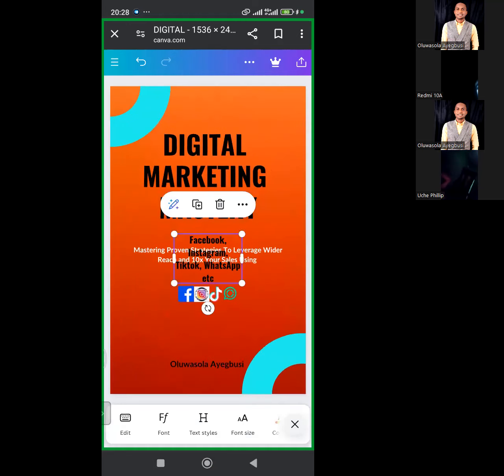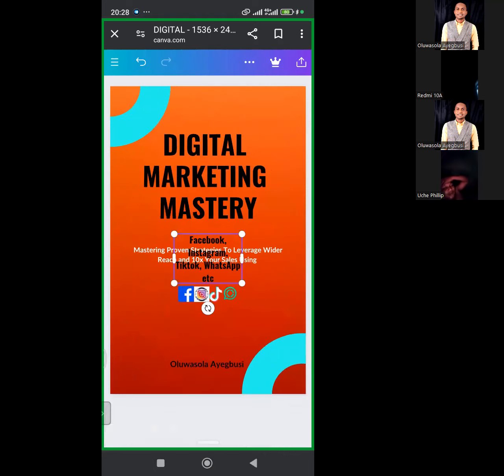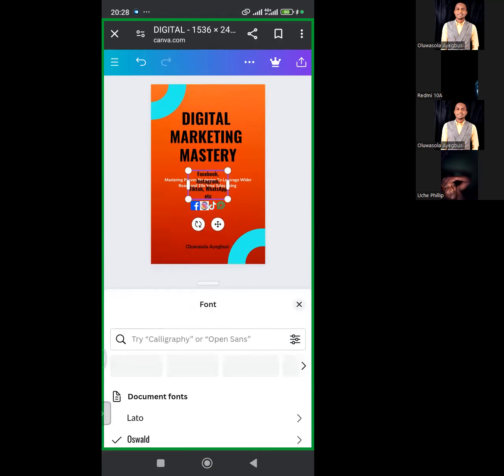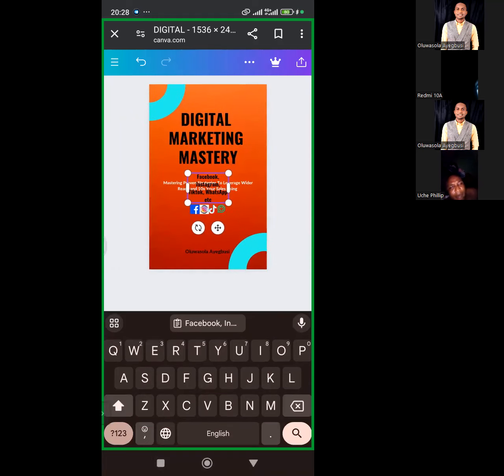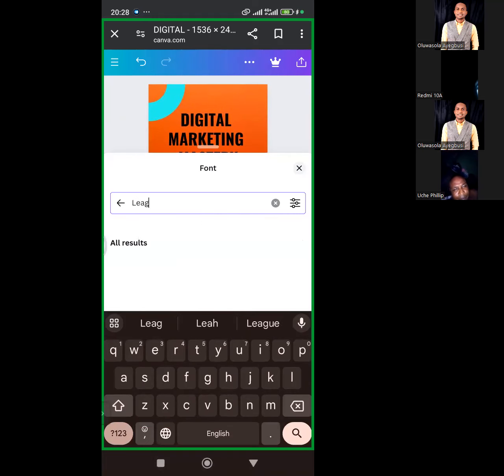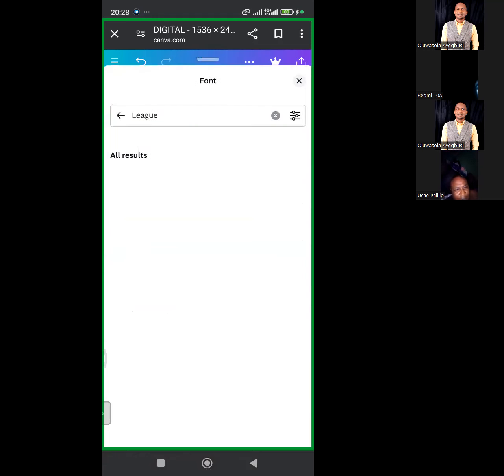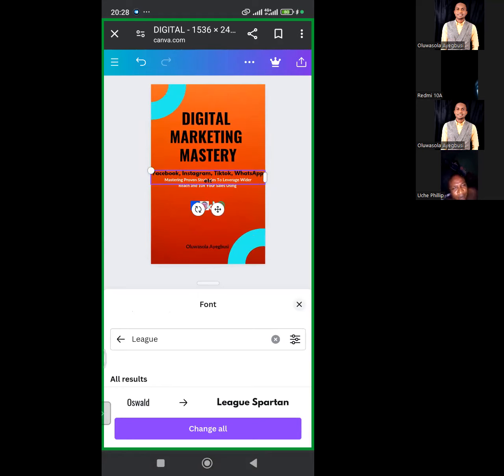So we can change the font to what font did we use for this one? Lato, if I'm not mistaken. Lexend Peta rather. Yeah, Lexend Peta. Okay. Then